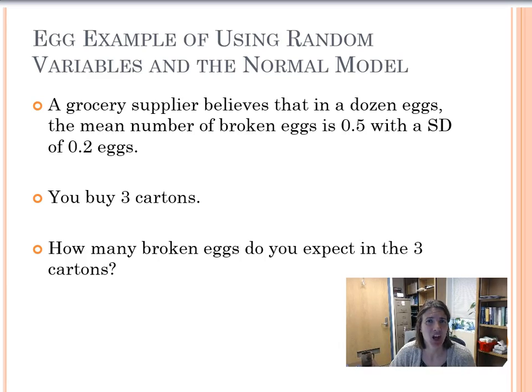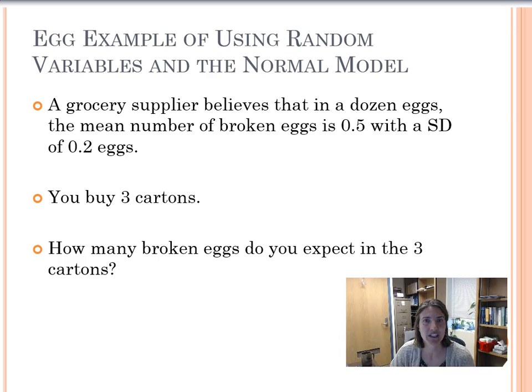Now that you guys have seen a couple of examples of probability assignments and how they can be used to calculate the expected value and standard deviation, what I want to go through now is a couple of problems where you can see how the expected value and standard deviation can be applied to the normal model. So remember, we used the normal model in the last exam, and we're going to bring it back here to